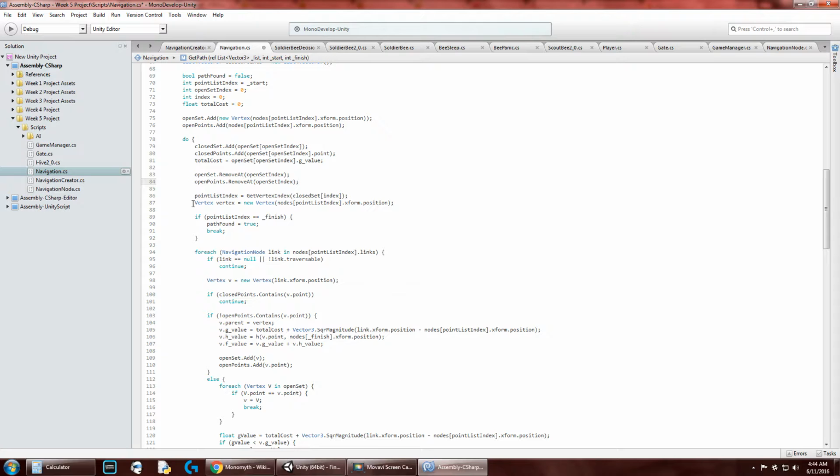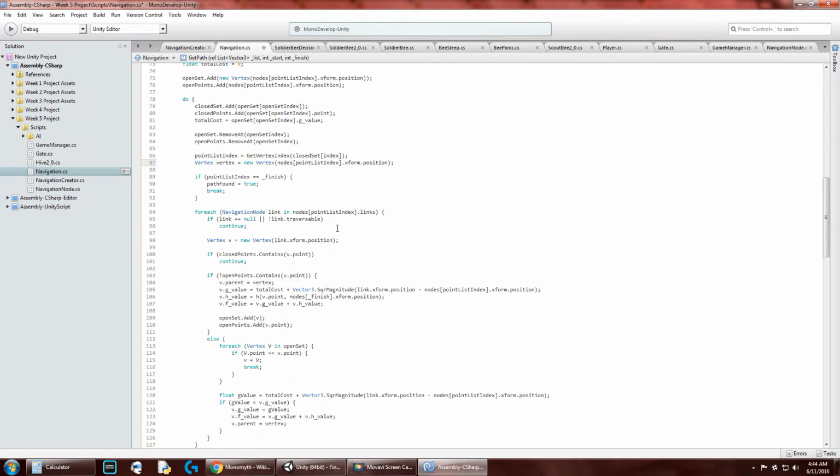From that, we create a vertex. If the vertex we just placed into the closed set is the finish node, then we're done and we're going to break